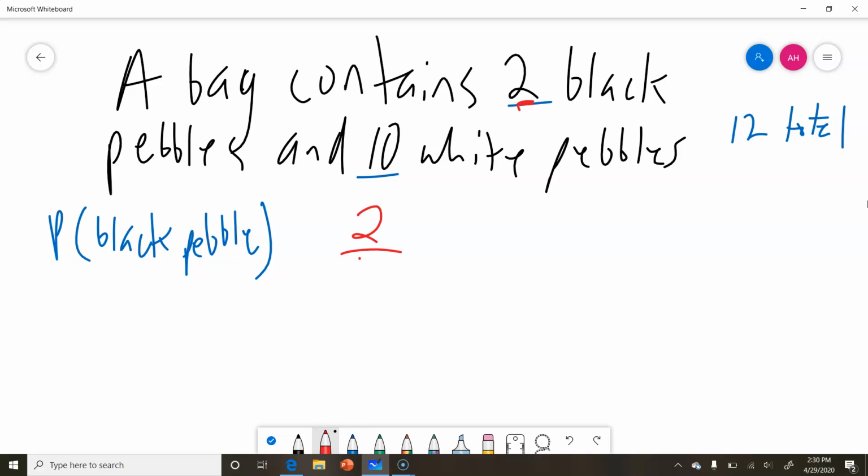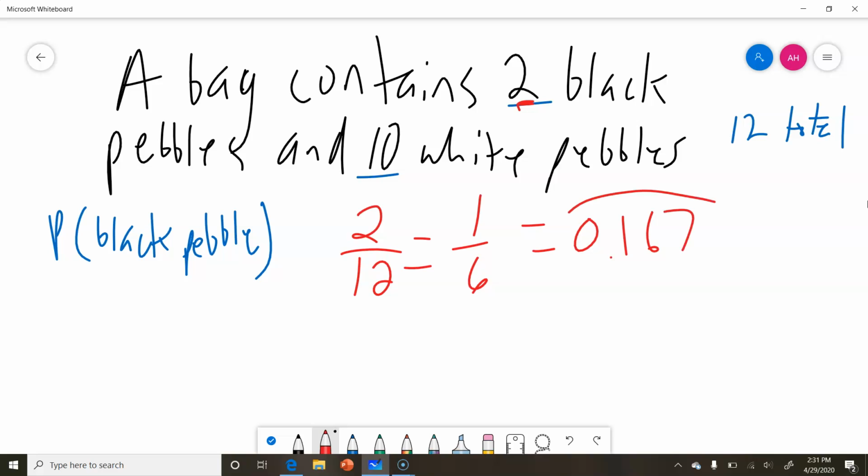And how many are in the whole bag total? 12. So that's 1 out of 6. Or if I convert that into a decimal, 1 divided by 6 is 0.167. Okay, so I can do it either way, like that. That's pretty straightforward. Now, when it gets a little harder, is what is the probability that I get 2 white